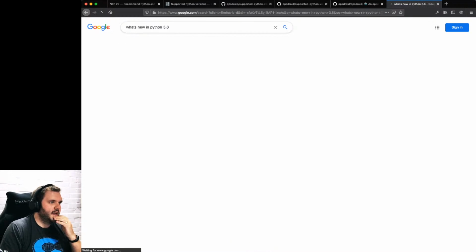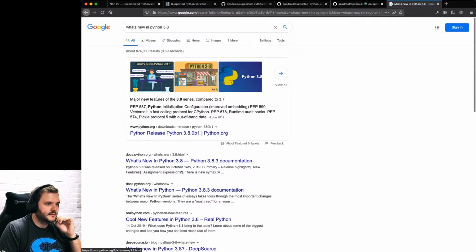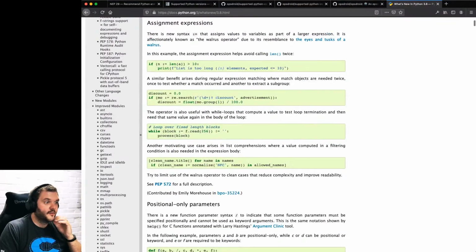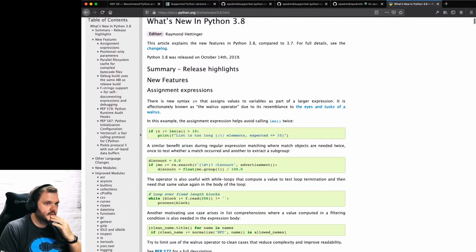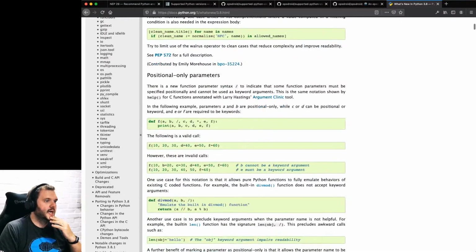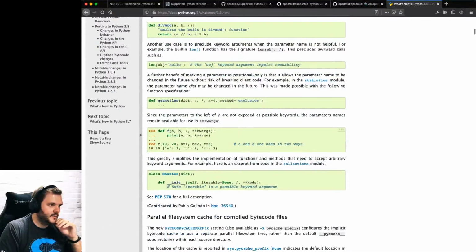Let's have a look at 3.8 as well. What can we look forward to in December of next year? You've got the walrus operator, so you can do funky assignments, a bit like Go assignments. And you can do positional-only parameters, so you can be a bit more explicit about what args and kwargs are within your functions.